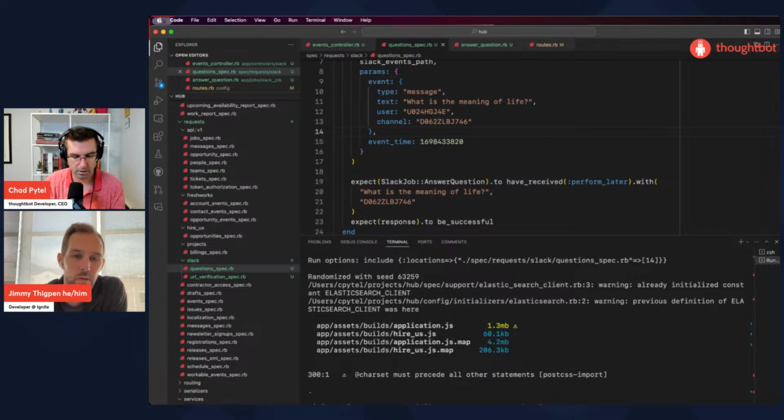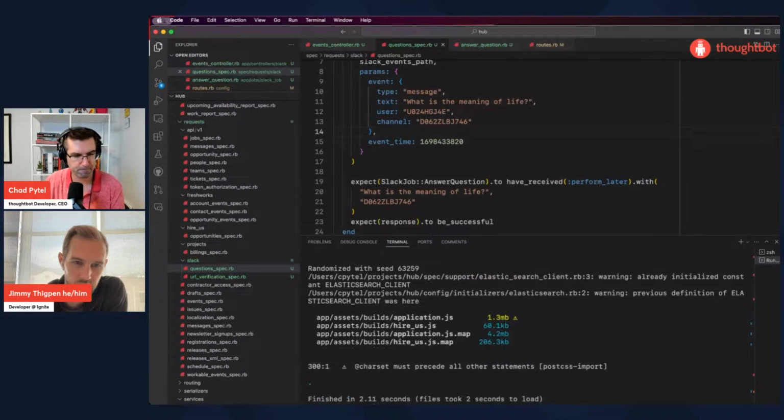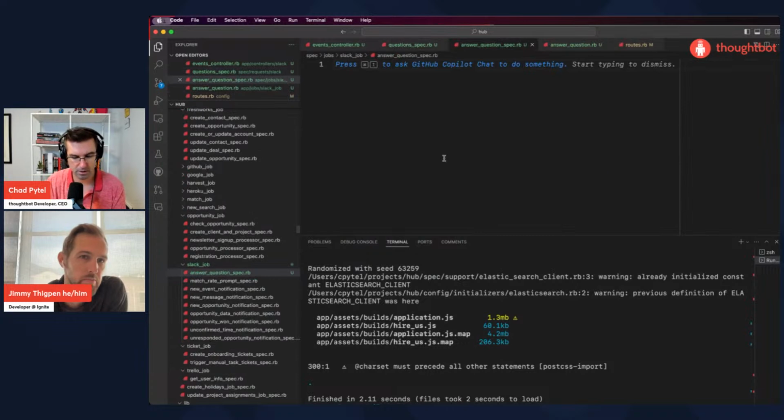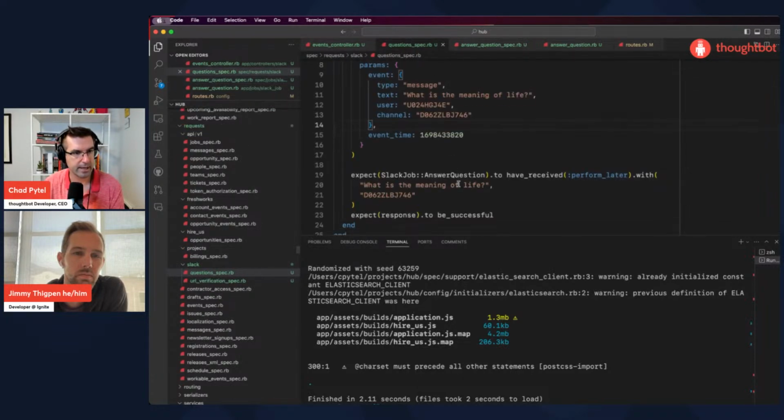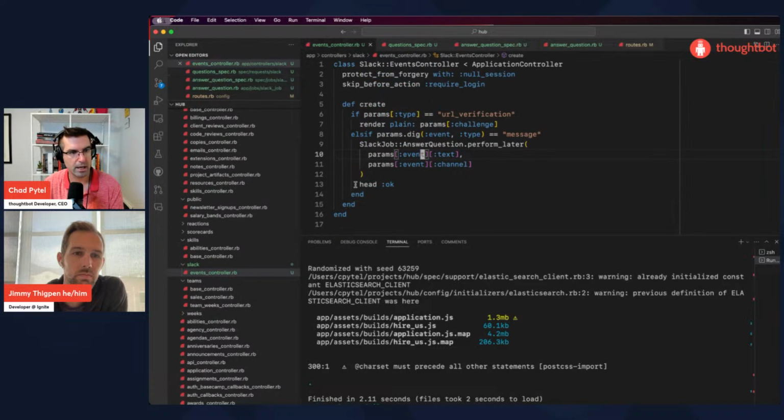Cool. Okay. So spec, jobs, Slack job, answer question spec.rb. The last spec we wrote is basically just making sure the payload is correct. Yeah. And we expect the response to be successful. I did it without calling it out when I did it, but I should call it out. I added a head okay here.